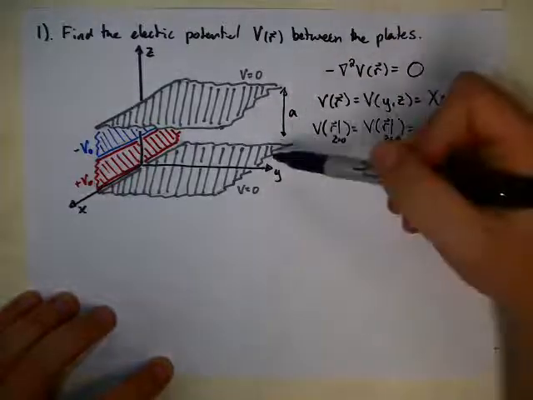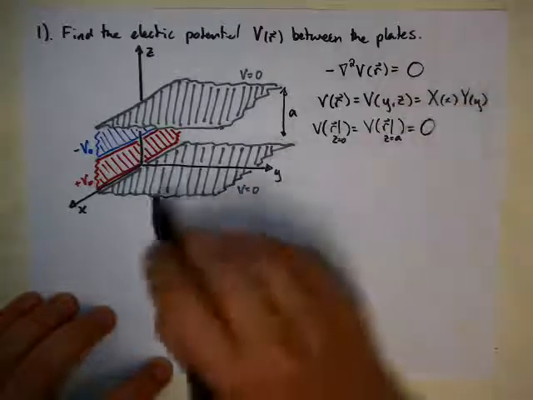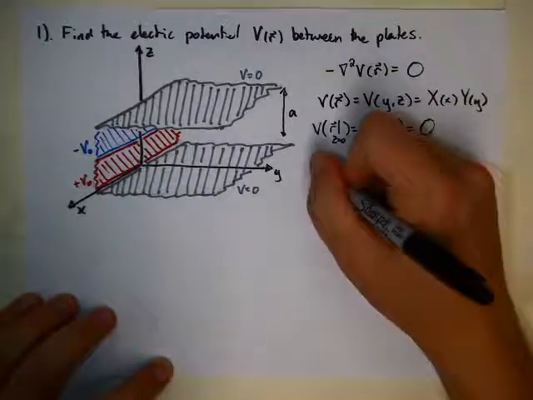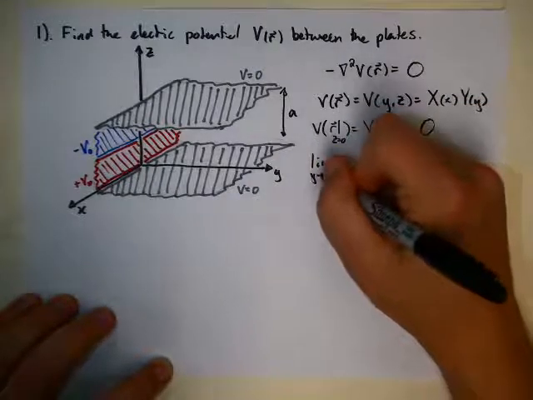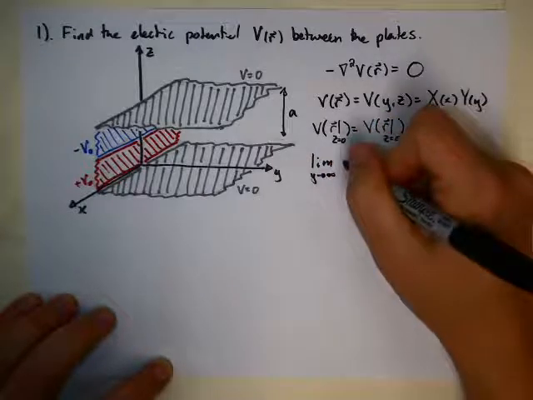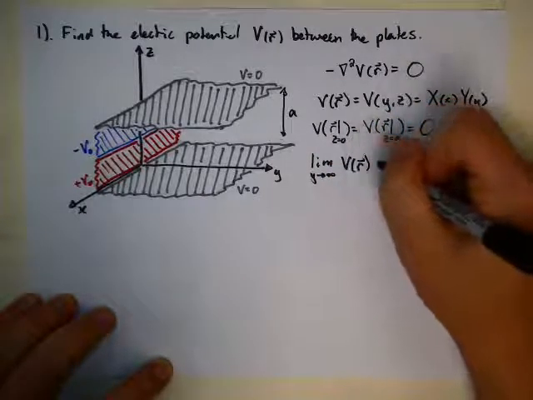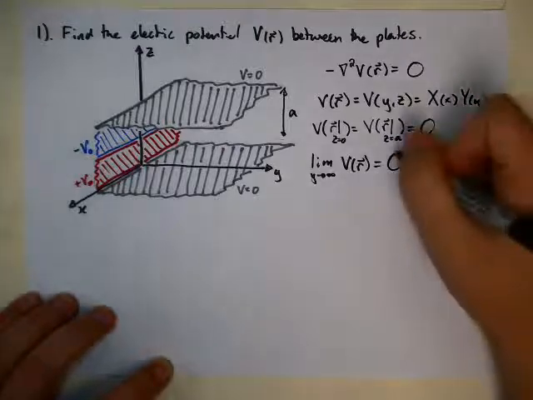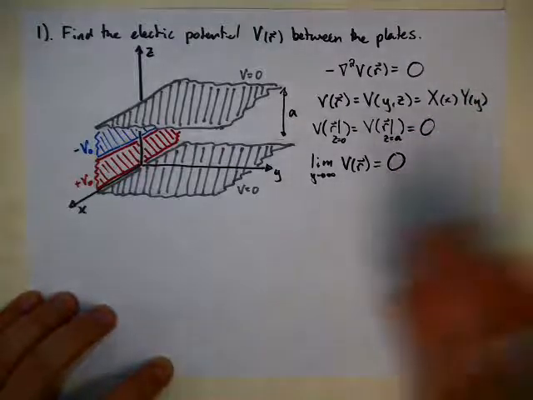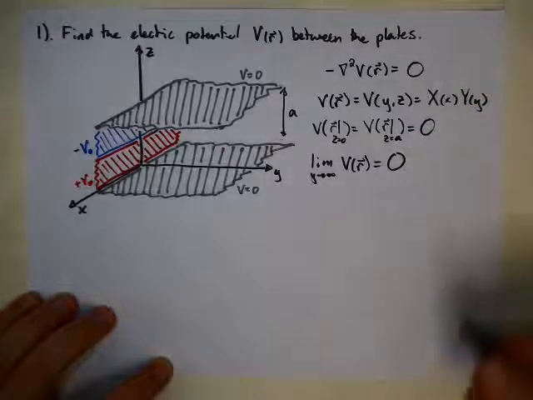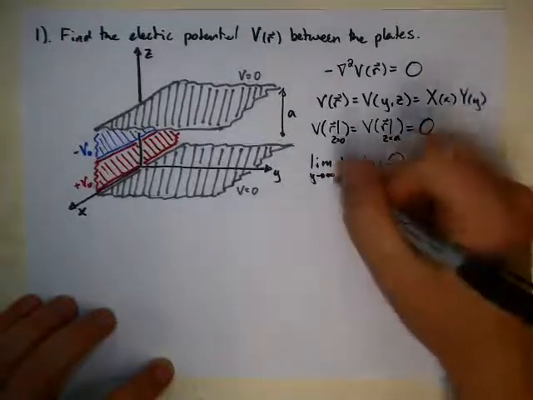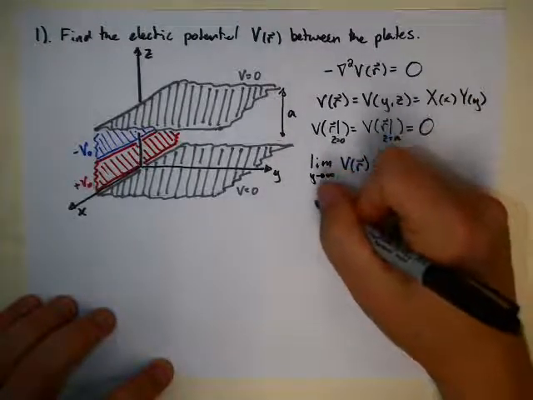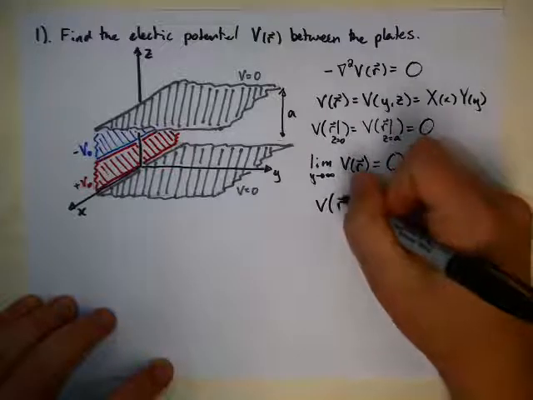So we have the potential is 0 on the top and bottom. The potential as y goes to infinity, so the limit as y goes to infinity of V of r must be 0. So we have to have a finite zero potential as we go off to infinity. And the final boundary condition is that at y equals 0,